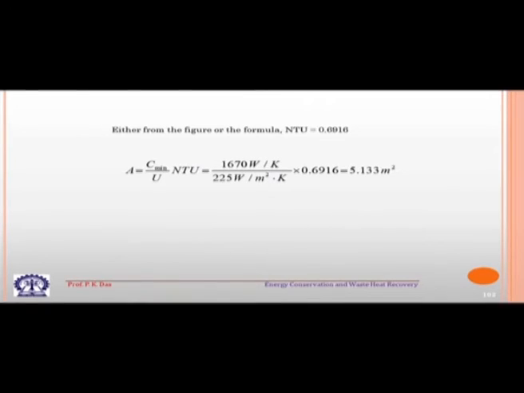So, you see, we have used the LMTD method, or LMTD correction factor method. By that, for a heat exchanger, we have calculated the surface area needed. We have used the effectiveness NTU method. By that also we have calculated the surface area of the heat exchanger needed. We have used a typical heat exchanger for which the F value can be obtained from the chart, and the effectiveness NTU relationship has to be given to us either through a formula or through a chart. So, from there we can determine the required surface area.